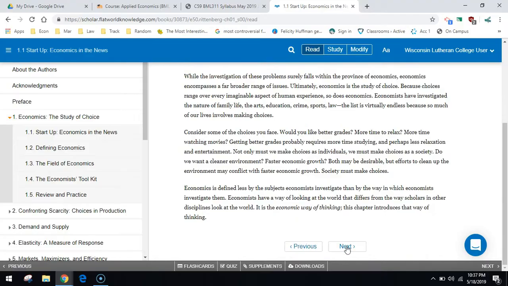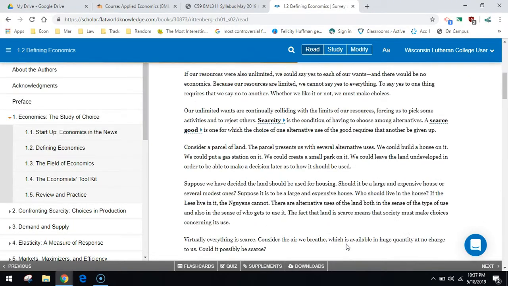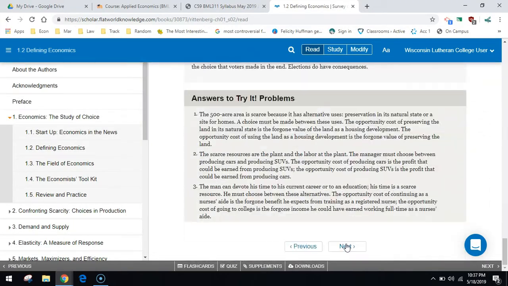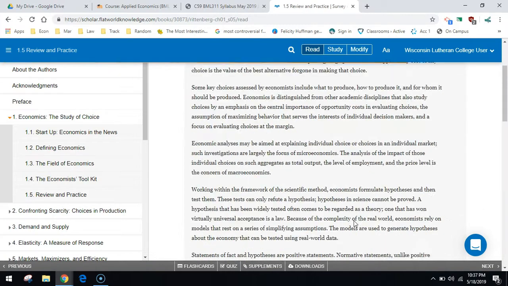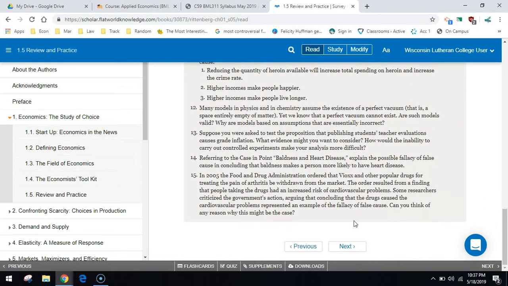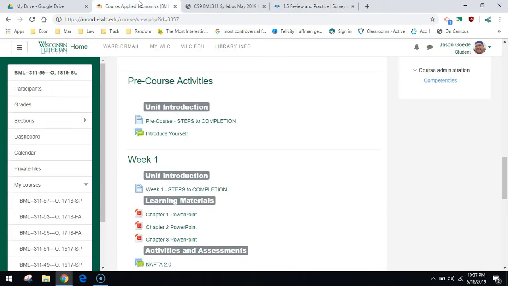As you work through here, and I'm just seeing if I can get to one quickly, you will find some, it's probably here in the review. There are some self-check quizzes here that come towards the end. Those really are the source of the questions for the quiz. So if you put in some time reviewing the text, you will be prepared for those quizzes each week.